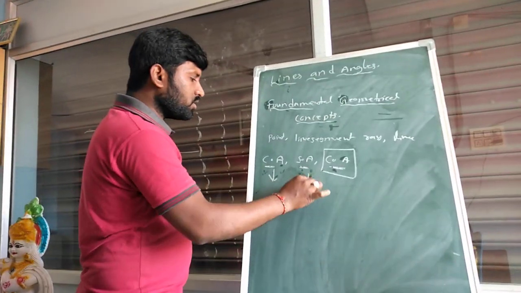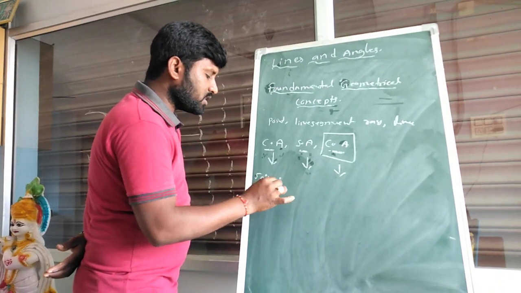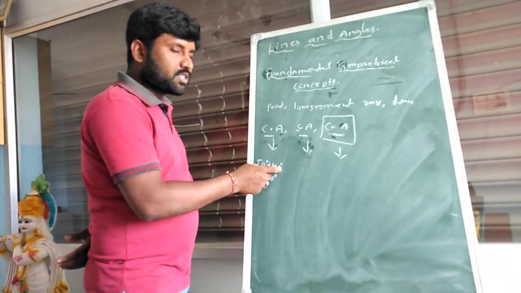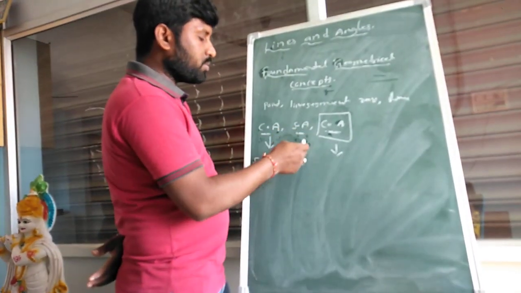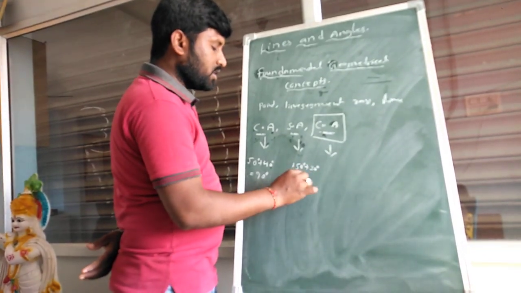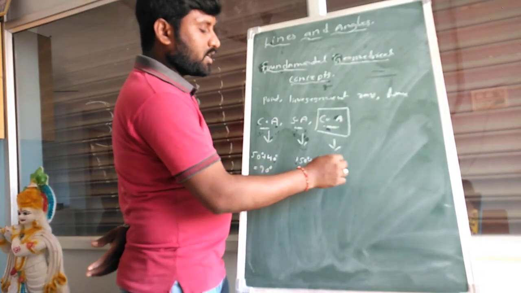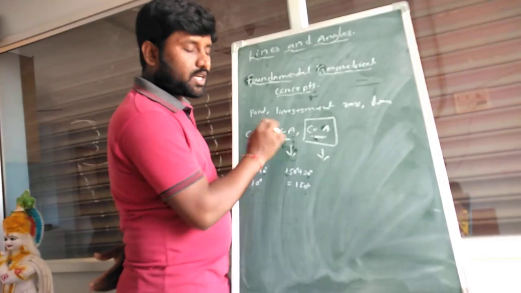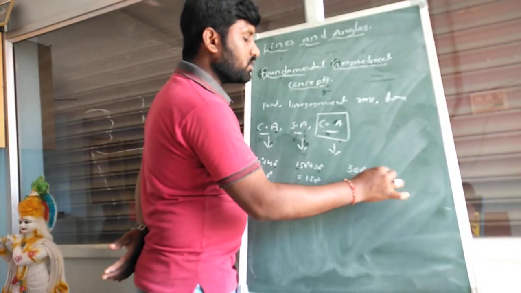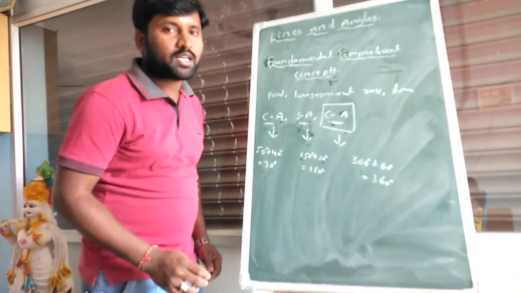So, for example, I am taking here 50 degrees plus 40 degrees, that is equal to 90 degrees. Okay? Complementary angles, when we add two angles, their sum is equal to 90 degrees. Supplementary angles means when I add two angles, their sum is equal to 180 degrees. So 150 plus 30, 180. So these angles are called supplementary angles. Next, conjugate angles. When we add two angles and the sum is equal to 360 degrees, that is conjugate angles. Okay students?